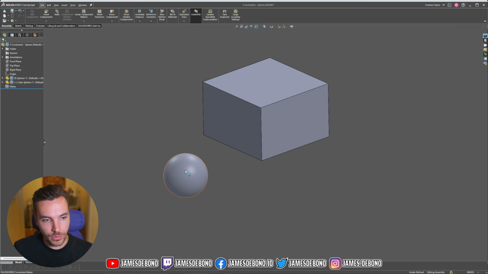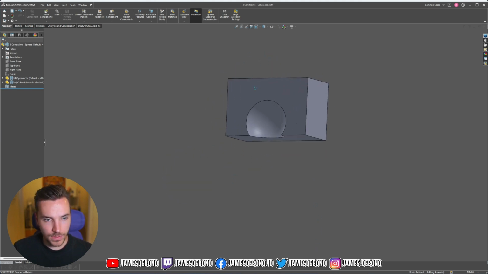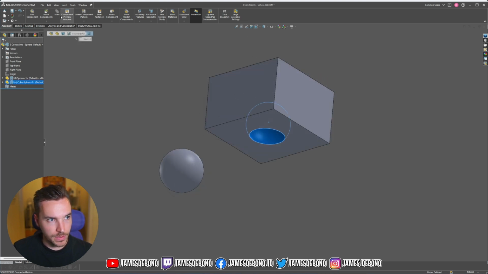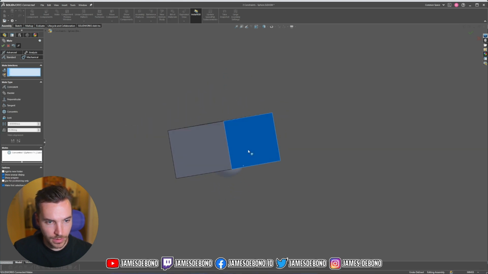Here's a third example. So we have a sphere here, and we have a cube which has a spherical cutout in it, as you can see in this section view. This spherical face can be mated to the sphere, but it can still rotate in every direction. We don't have any other faces of the sphere that we can mate this to,